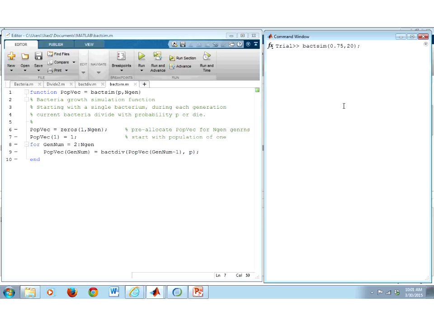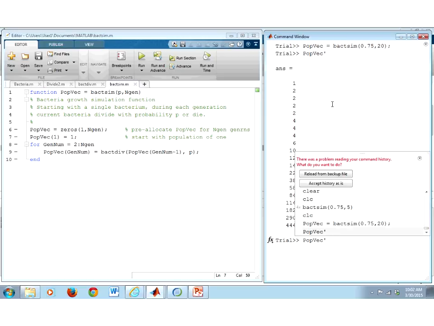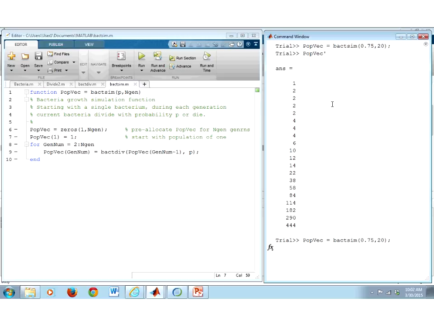But if we do, we don't want to necessarily just let it randomly print out on the screen. And so I am going to use an output argument to capture the vector. So I'll just call it popvec again. popvec is going to be equal to bacsim of 0.75, 20. And then if I want to see it, I can display it using transpose, and it'll be a little cleaner on the screen. And I can repeat this process